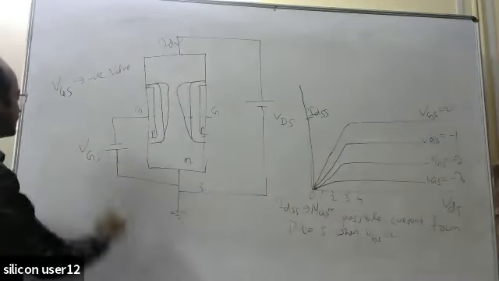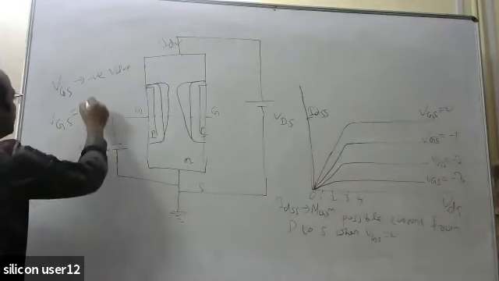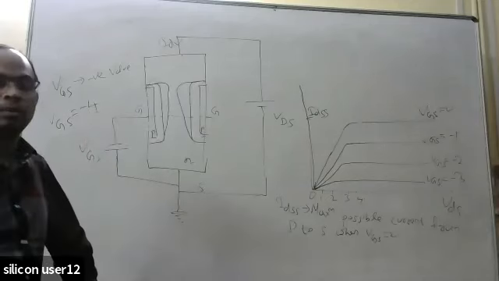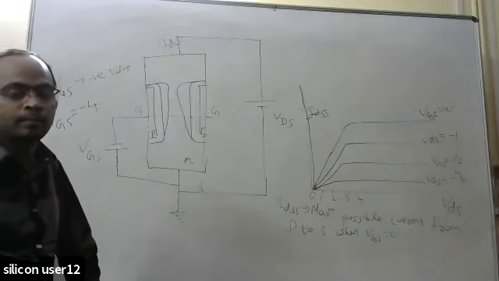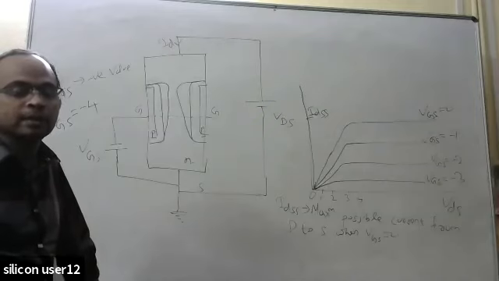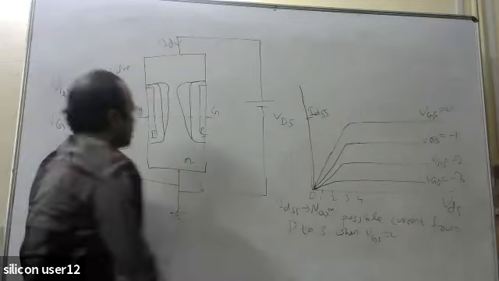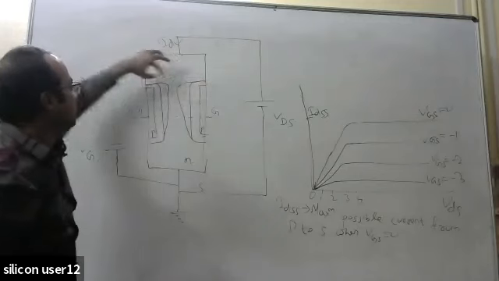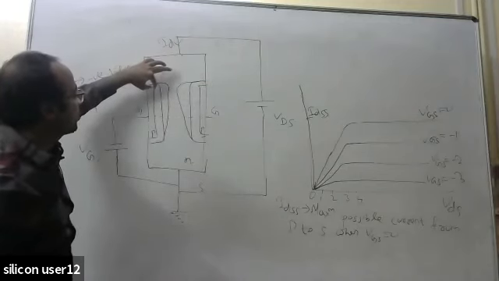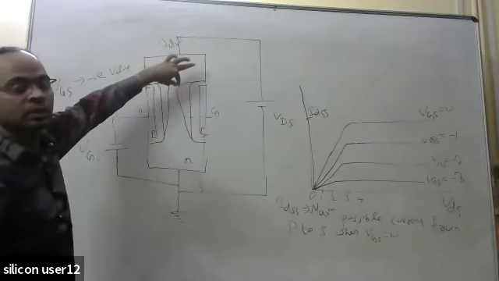Okay, now assume a case when VGS equal to -4 volt. Okay, so what will happen to the drain current? It will be on the x-axis, almost 0. Why? Because when VGS equal to 0, at that time when I was applying 4 volt, the reverse bias with 4 volt made both sides touch each other.